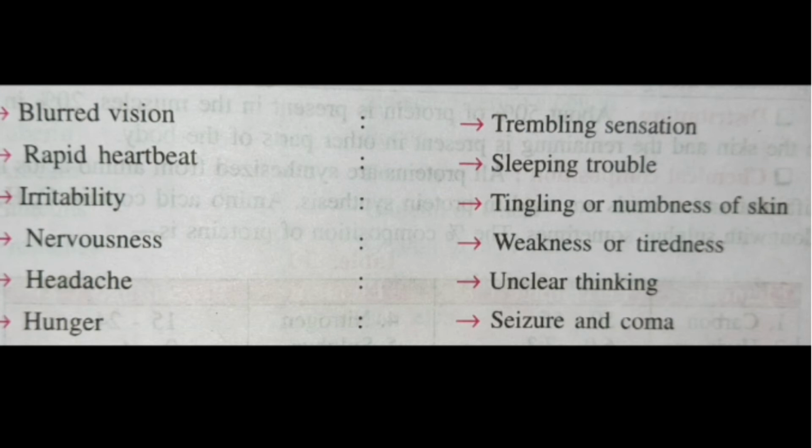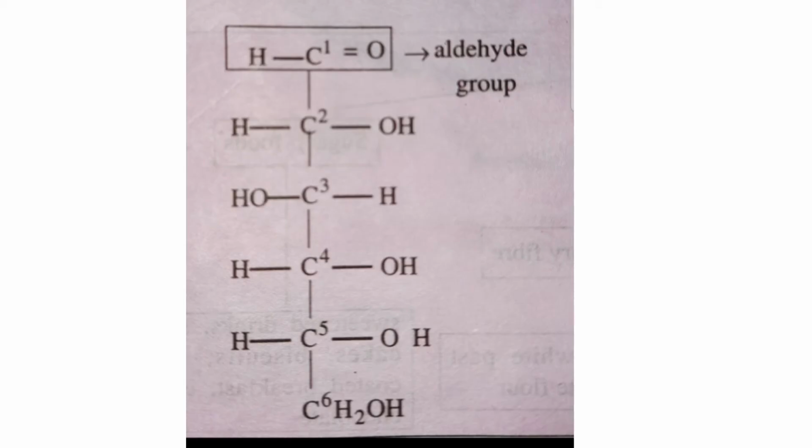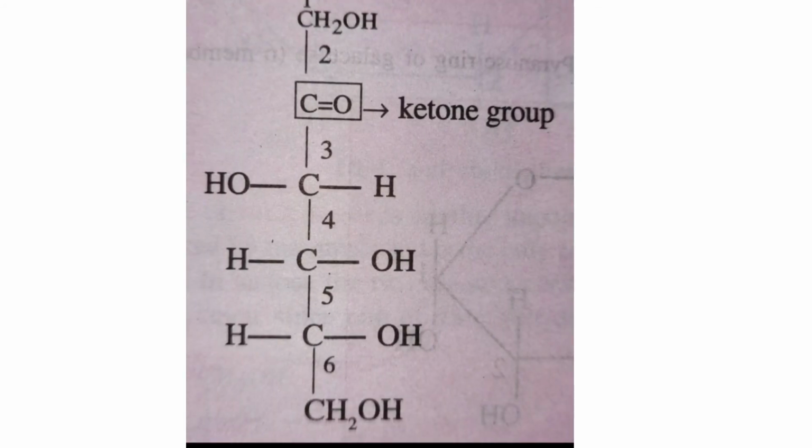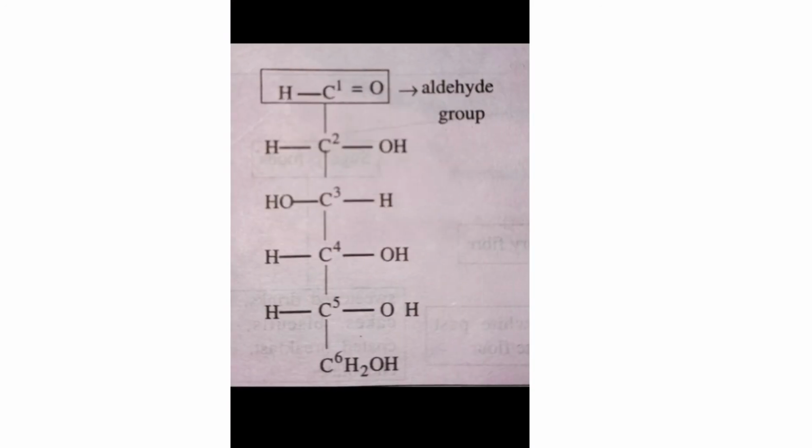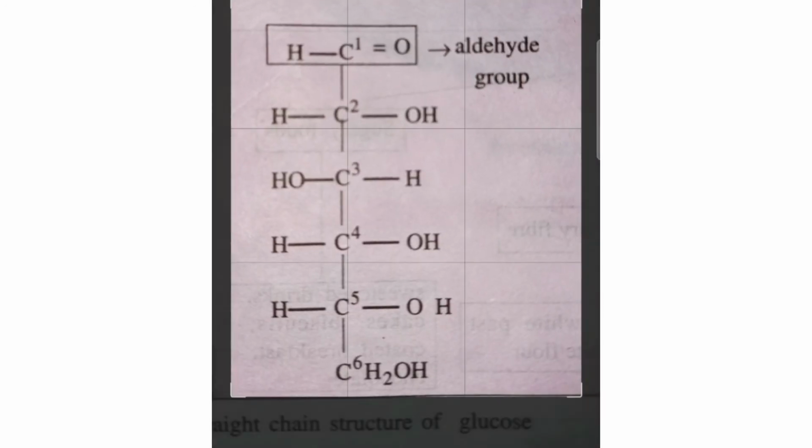The next short note is on the reducing sugar. Before also I told you that this is the structure of glucose, this is the structure of fructose, and this is the structure of galactose. In the glucose structure you can see that one aldehyde group, that is the free aldehyde group, is present. It is the main part of being a reducing sugar. Sugars which possess a free carbonyl group, that is aldehyde or ketone, have the property of reducing some reagents like Fehling's reagent.